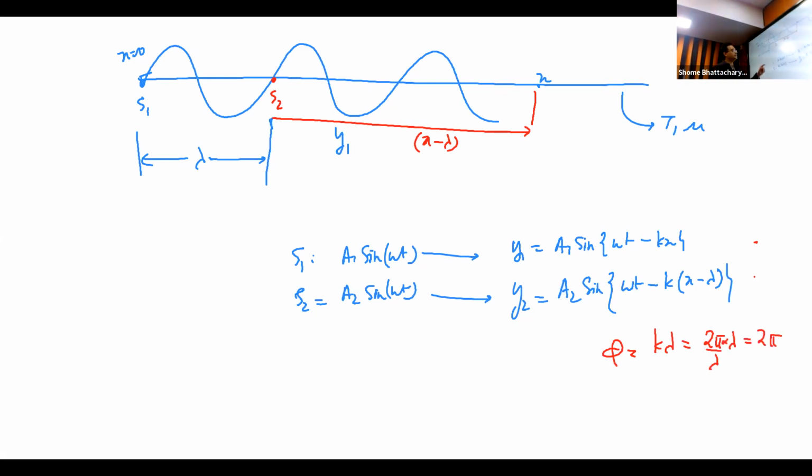But visually also you can understand that if this is producing a wave of different amplitude but same frequency and wavelength, and that wave is in phase, this is how the traveling wave from the second source will look like. Y2 will be a traveling wave like this, whereas Y1 was a traveling wave like this. Even as these waves are traveling, after a while this has become like this.